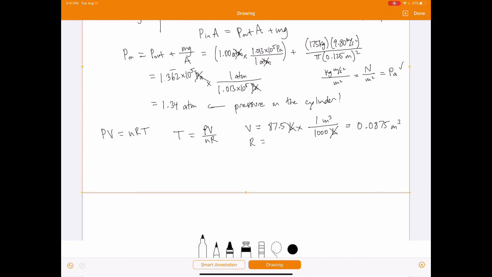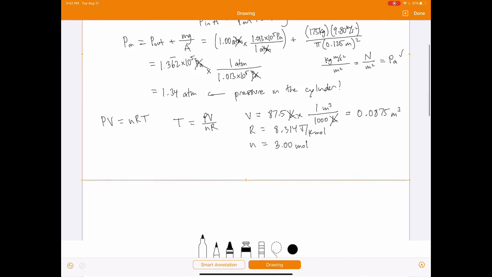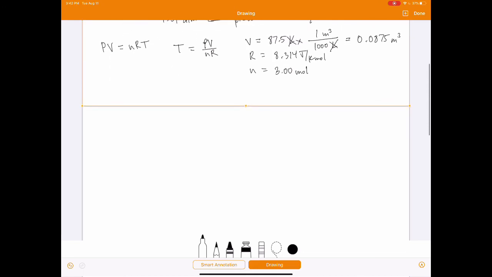R, that's the ideal gas constant. That's 8.314 joules per Kelvin mole. And n is the number of moles. We were given that, 3 moles. And then I think we're all set. So let's make the calculation. So the temperature